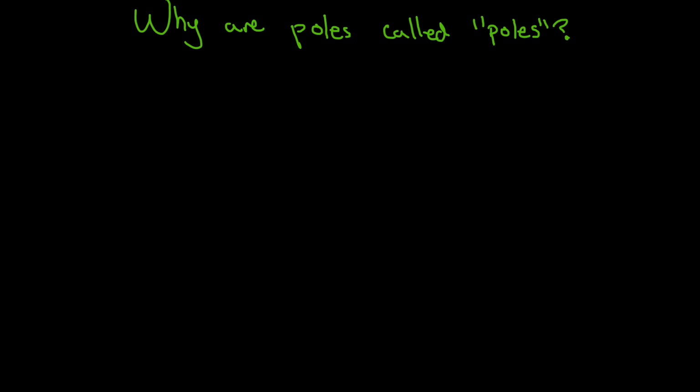Happy 4th of July from the US of A, where not only do we celebrate flagpoles, we celebrate the poles of complex functions. I first learned about these analogs to the real valued asymptote without really understanding where the name poles comes from. Like, for example, if you have a function f of z is z squared plus z minus 2 over z plus 1,